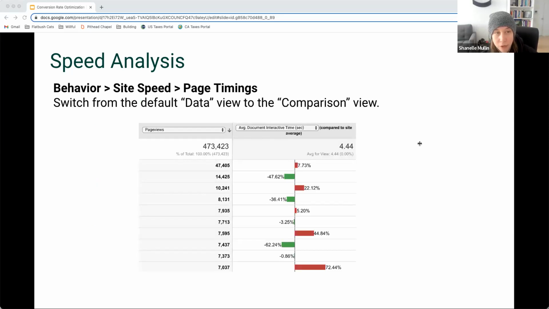So when you're looking into page speed, we're going to do something similar to what we did for cross-browser and cross-device testing. We're going to look at behavior, site speed, and page timing. Again, we've got that comparison view with the red and green, and I have the metric set to average interactive time. So basically what this will generate is a list based on how popular the page is by page views